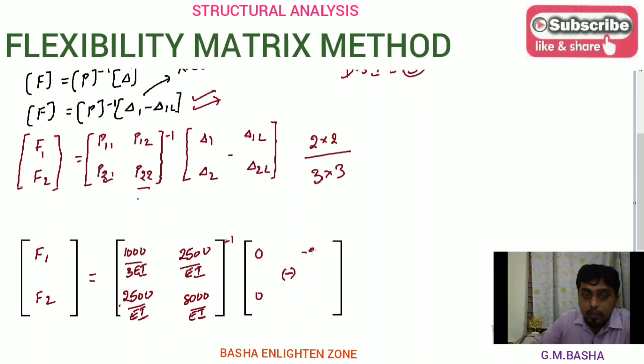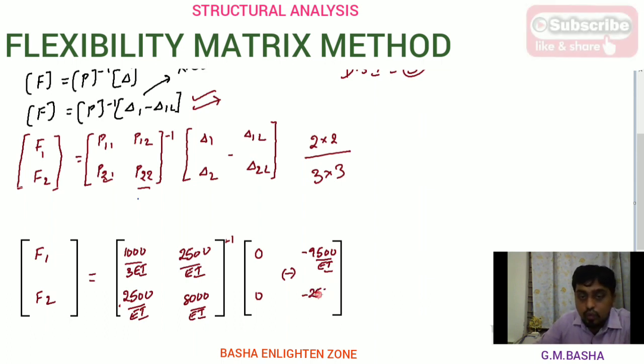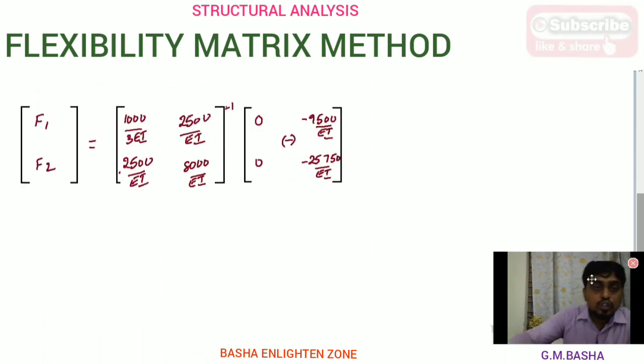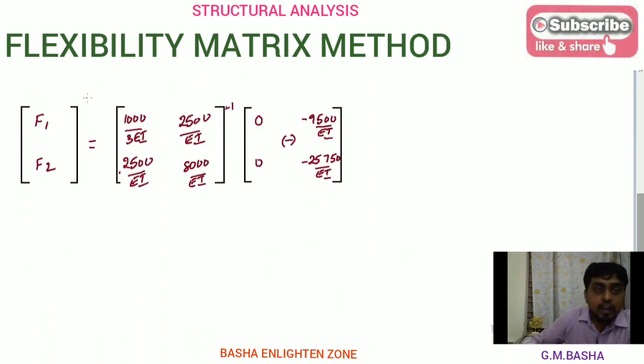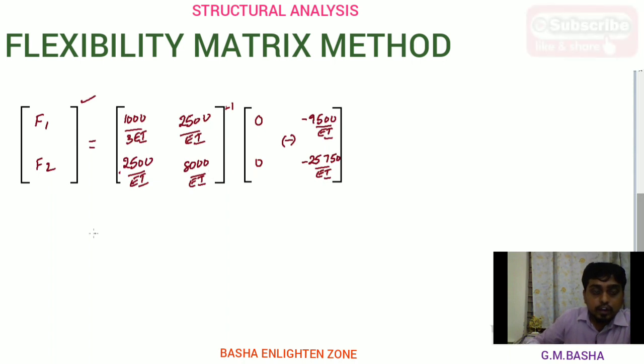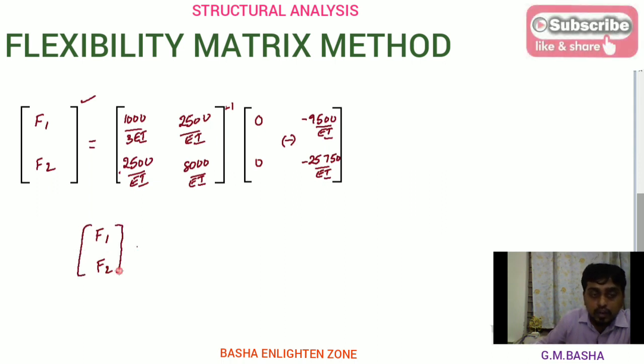Delta 1L will be minus 9500 by EI. Again this one will be minus 25750 by EI. So these are the matrices after taking the values. If you simplify directly in the matrix form, you will get F1 and F2 values. If you simplify this entire matrix in your calculators directly, you will get the values F1 and F2, which is